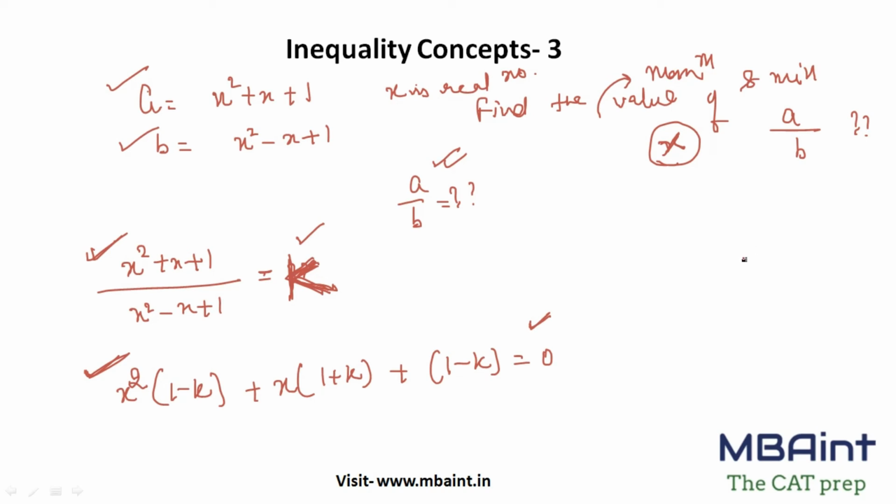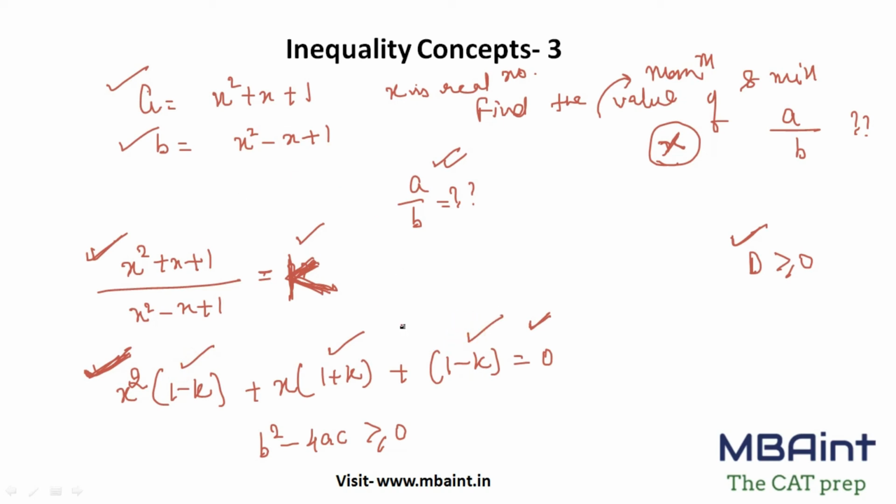Remember we have studied in quadratic equations that x is basically the root, the solution here, right? The root is real when D is greater than or equal to 0, right? So working on the same concept, I know that b square minus 4ac will be greater than or equal to 0, right? So b here is this term, a is this and c is this.